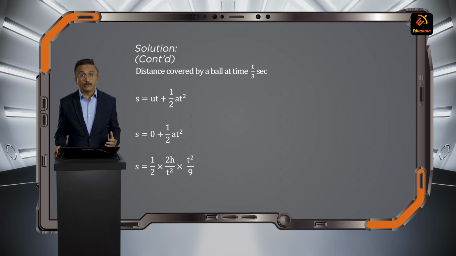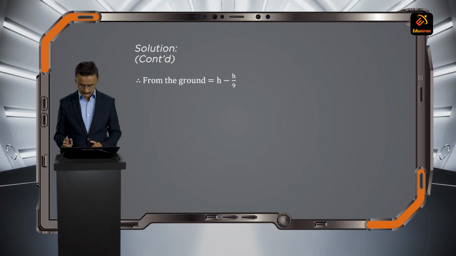into small t. What is small t? It is t by 3. So t by 3 the whole square, so it is t square by 9. So t square gets cancelled, 2 gets cancelled. So it is h by 9. So s is equal to h by 9. But it is h by 9 from the top. So from the ground,